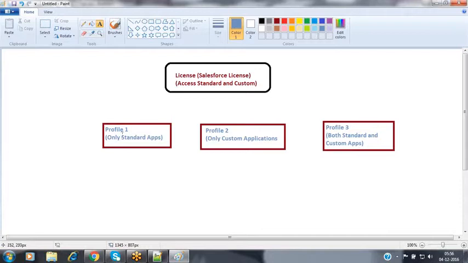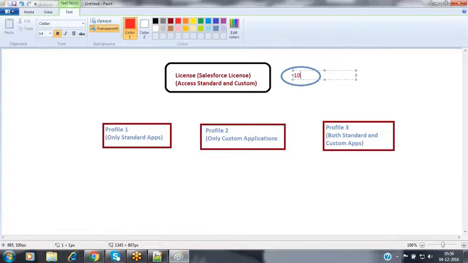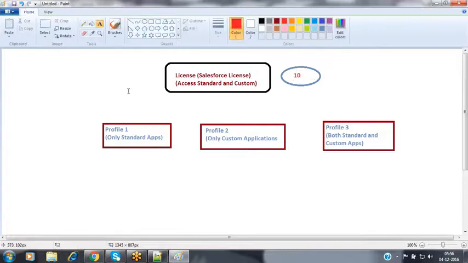We have to grant a license for every user here. Assume that I have 10 licenses in total, because for every user we should have a license.